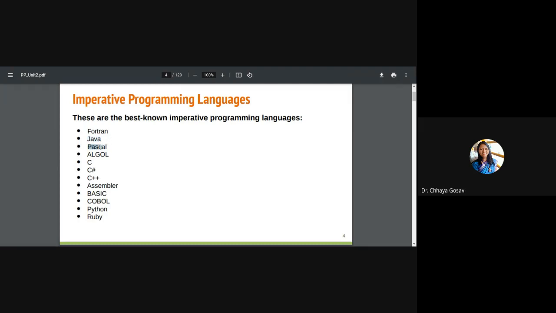Pascal is not in our syllabus, but we are going to learn some basic concepts of Pascal, as it is a structured language, and there are some unique features that Pascal has and C didn't have. That's why in this book or on our slides you may find some examples from Pascal. Algol, C, C sharp, C++, assembly language, basic language, COBOL, Python, Ruby. So now Python, Ruby also follow the imperative programming paradigm.